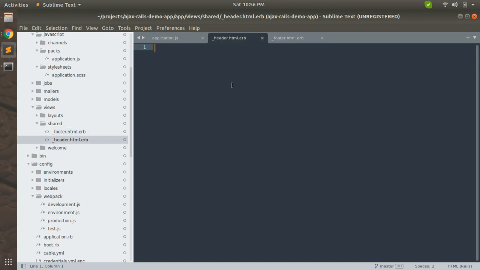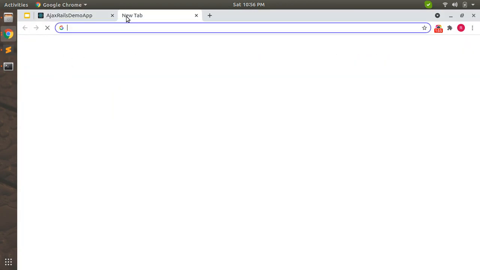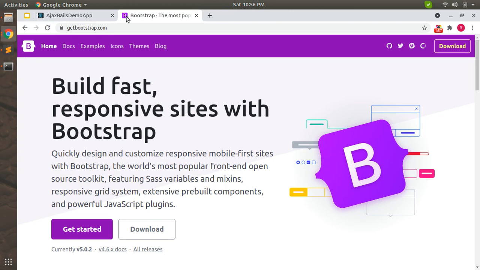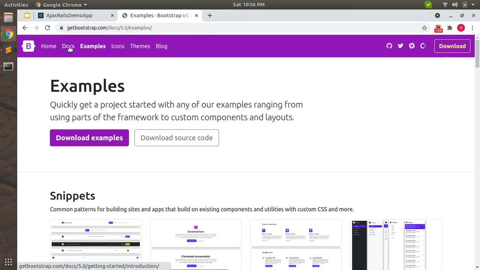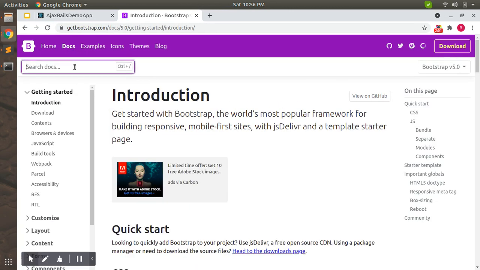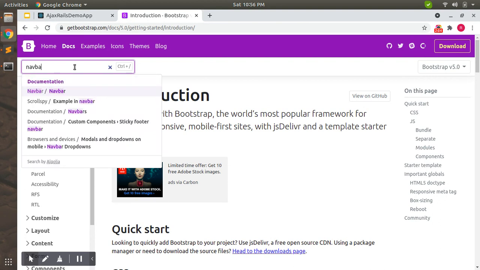So let's first add some content to our header.html.erb partial. I'm not writing the header from scratch. Instead, I will use the navigation bar from Bootstrap. So let's open getbootstrap.com, go to the docs, and search for navbar.